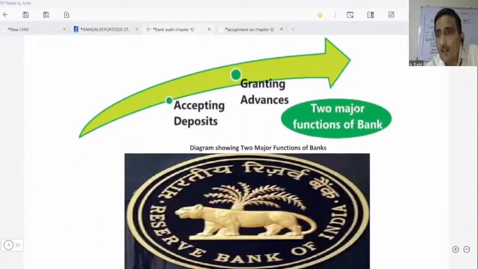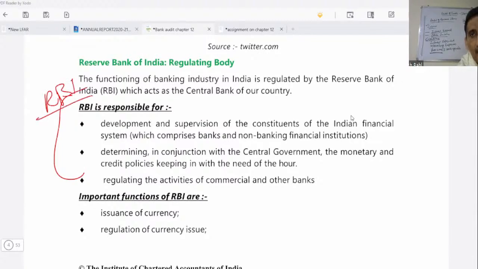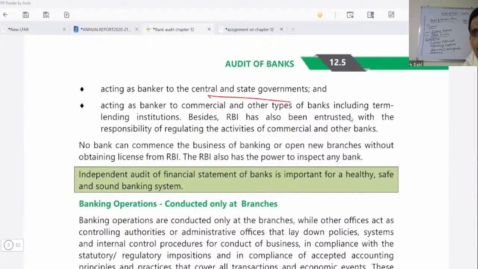And then what are the main functions of a bank? Again, accepting deposits and granting advances. What are the functions of RBI? Issuance of currency, regulation of currency, inspection of banks, acting as a banker to central and state government, and